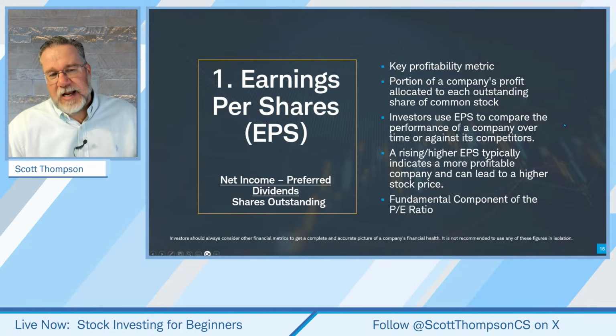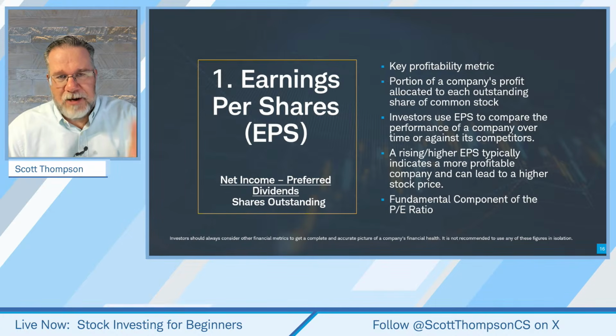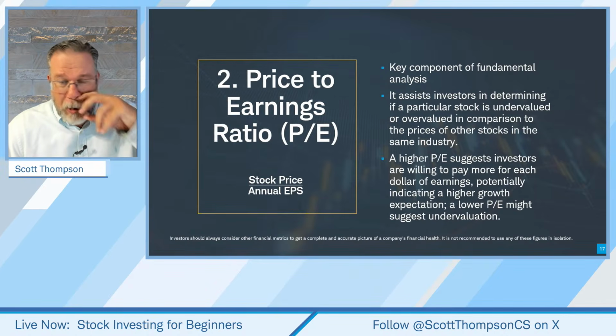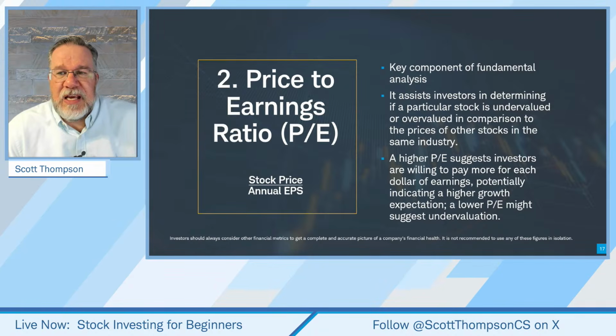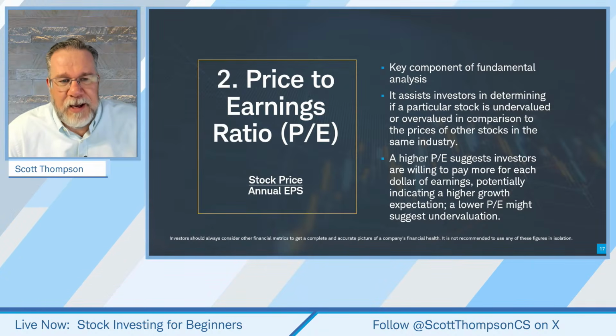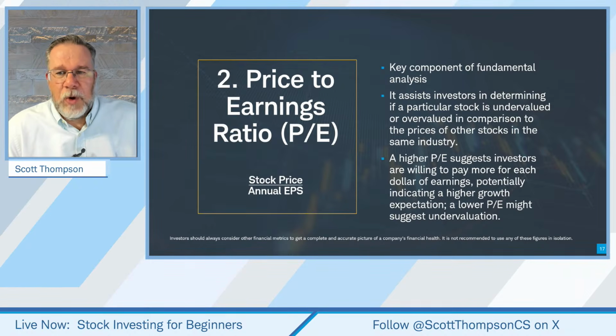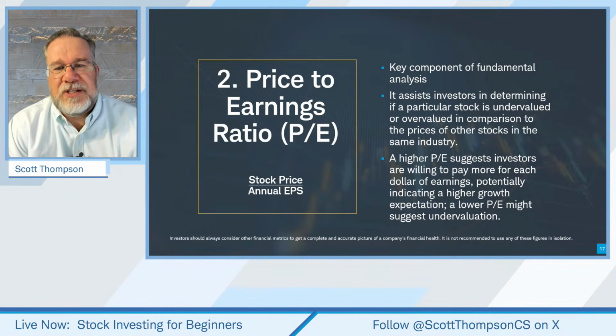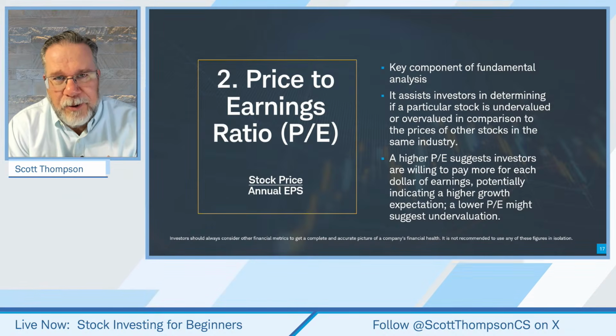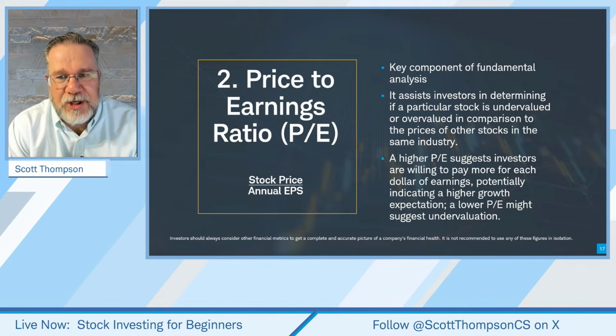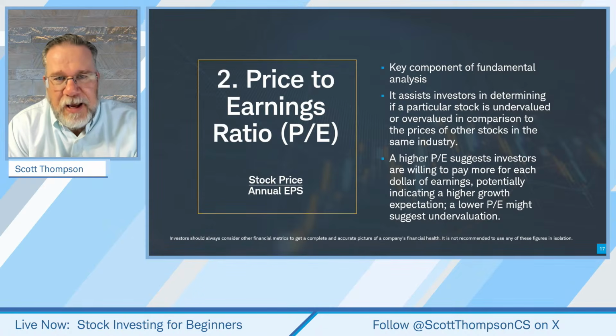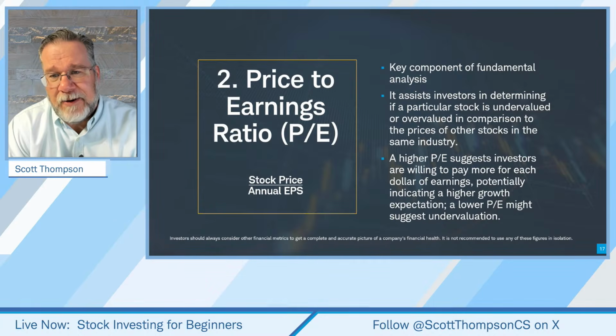All right. Now, the reason I covered earnings per share, and we didn't have that in our scan, is that earnings per share is part of the PE ratio. So let's take a look at what the PE ratio is. This is a key component of fundamental analysis. You'll hear about PE ratios all the time. What this really does is help investors determine if a particular stock is undervalued. Now, I gave you that 6 to 20 range. That is a range of PE ratios that, generally speaking, people look at and say, oh, that company's fairly valued or perhaps undervalued. All right.